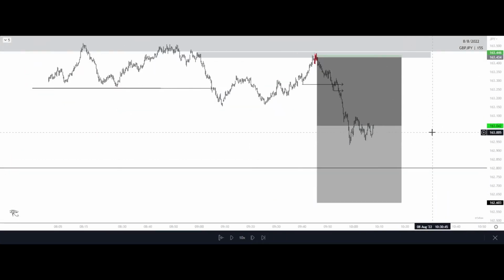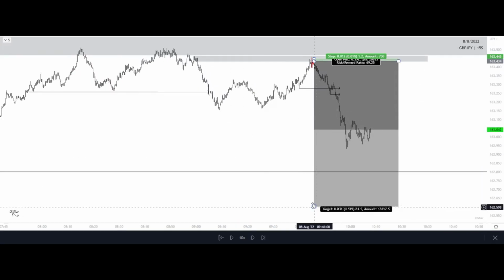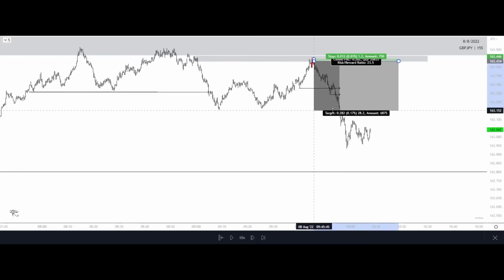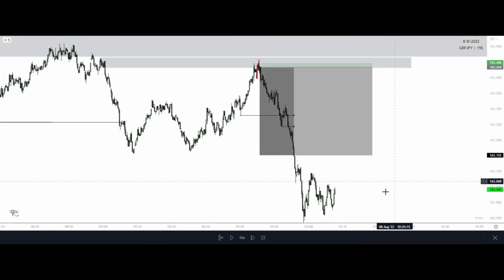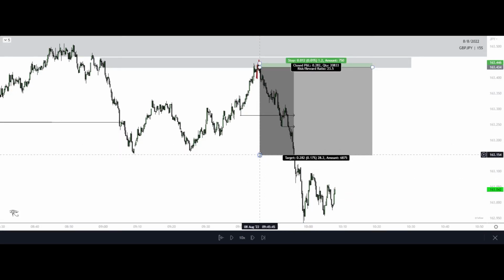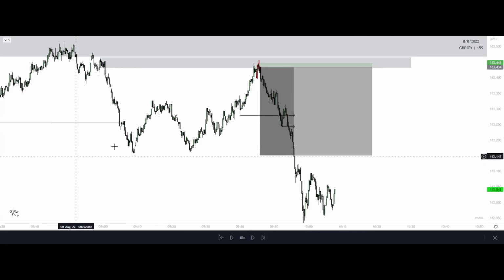Let's go ahead and take a look at our R&R, right? At our first take profit, you're looking at a rough 23 to 1. I'm more than happy with a 23 to 1. I will take more than 50%, maybe even 75 to 90% at a 23 to 1 if that is received,